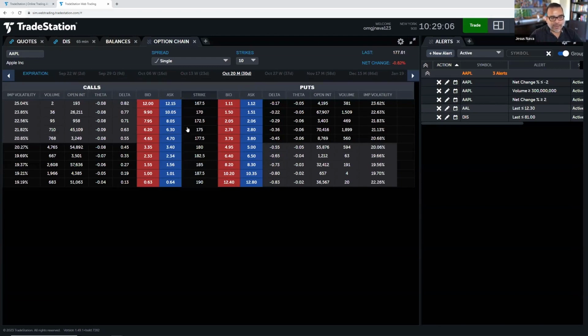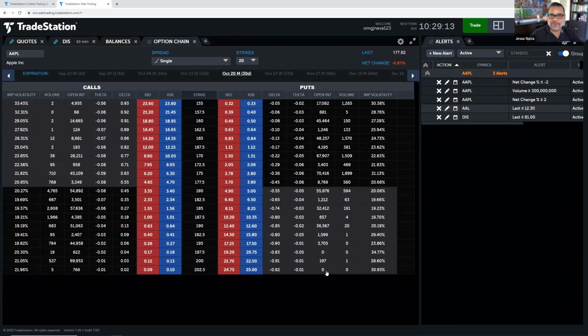And you can get a collection of strikes. If you need more strikes, just go here and say, load 20 strikes instead of 10. And it'll do it for you as well. And trading options is pretty straightforward. Just click on the bid or ask, depending on what you want to do. So these are the monthly expirations. These are my strikes. I see the current price of Apple right here in the top right corner,